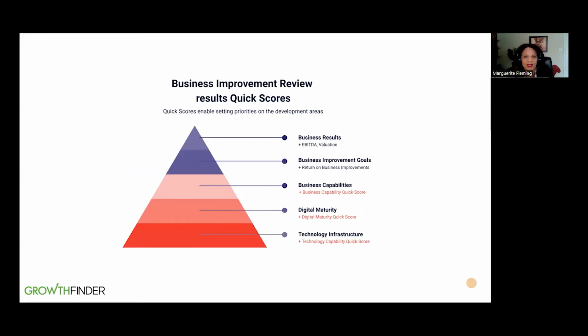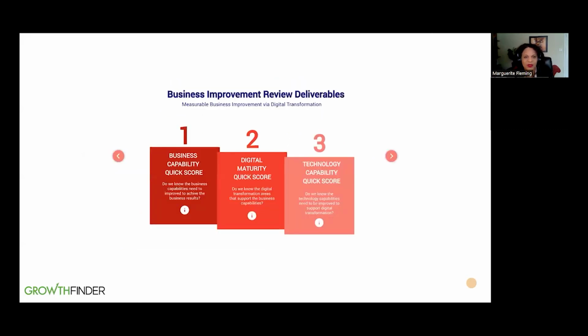And so the 3 things that we looked at in the business improvement review were business capability, digital maturity in that area, and the technology capability, right? So even though they understand technology, there are so many options out there and so many people telling them different ideas. If you want to improve your sales growth, you should do this, or you should buy this, or you should do this strategy, that strategy, right? So this quick story helped us to narrow that down really quickly, give us some focus, okay? Take a look at what they already have and start the conversation about what they really need to put in place in order to grow.